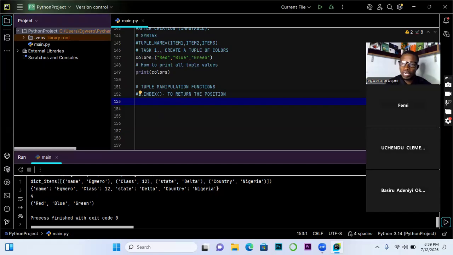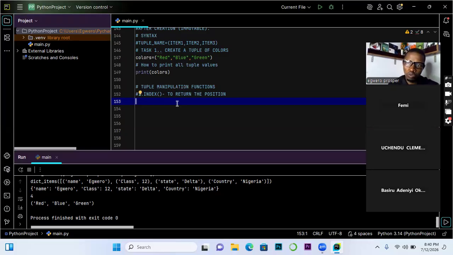Let's say we want to know, remember we have treated indexing in programming. I believe everybody here now understands what is called indexing. These are numerical representations or the positioning of elements in an array, being it a variable, or any of these structured data types. So for example, we want to know the index, which means we are saying that red is at index what? Can somebody unmute and tell us what is the red index number? Let me know if we still understand that. 0. Good. 0. Why? Yes. 0. Blue is what? 2.